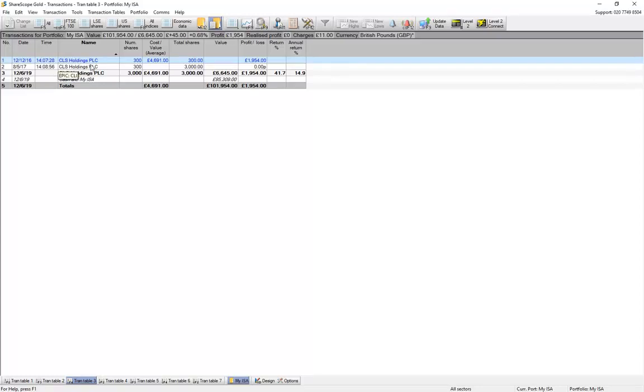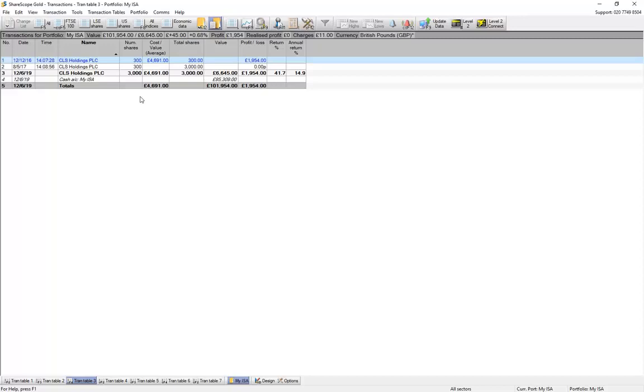Now, the next transaction type I wanted to show you was the takeover. Now, we get questions like this quite often because they are normally takeovers of things that are a little bit more complicated to manage correctly in your portfolio. Now, it's not very complicated as long as you know what to do. So let's set up our